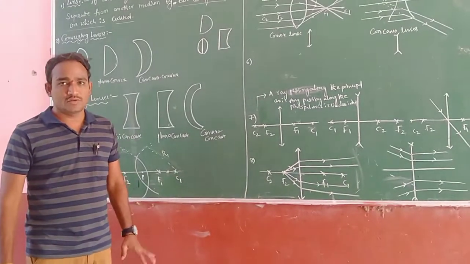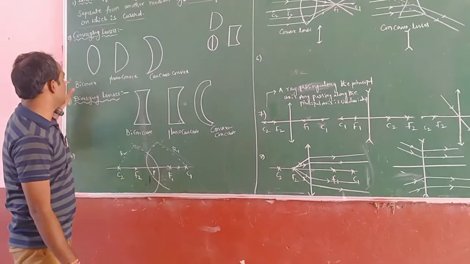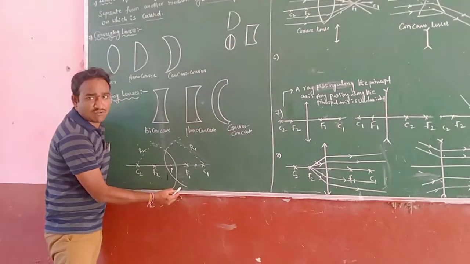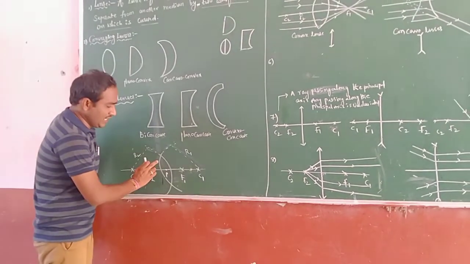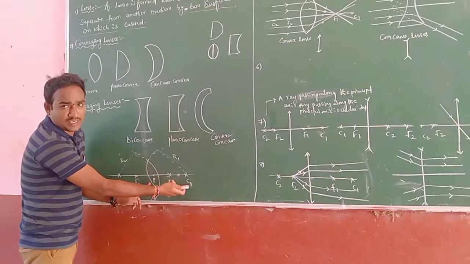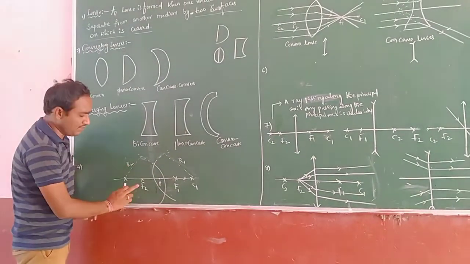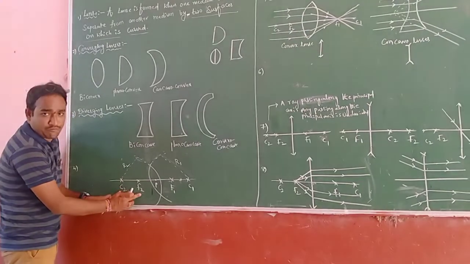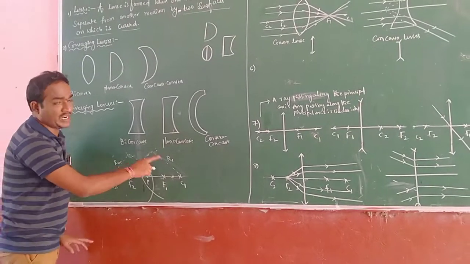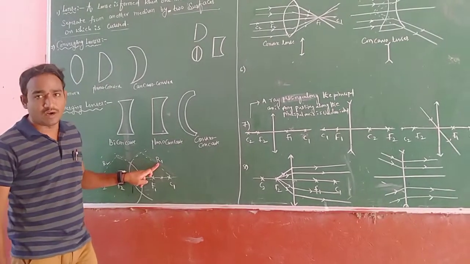So we are assuming one lens, and that lens is a biconvex lens. How many curved surfaces do we have? One is this curved surface, another one is that. For this curved shape we have one focal length and one center of curvature. And on the left side, the other curved shape has another focal length F2 and center of curvature C2. According to this, the middle point is the radius of curvature.